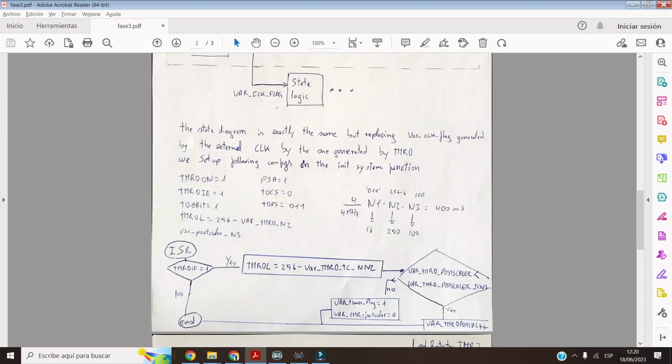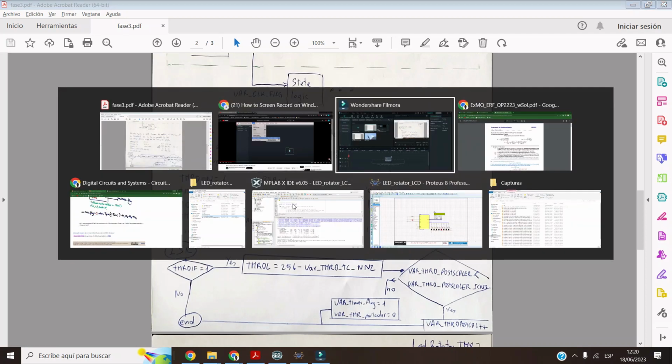The two things that we add to this software: in the init system we place the timer 0 configuration, and in the ISR function we place this algorithm in order to detect the interruption flag of the timer 0. So let's see how